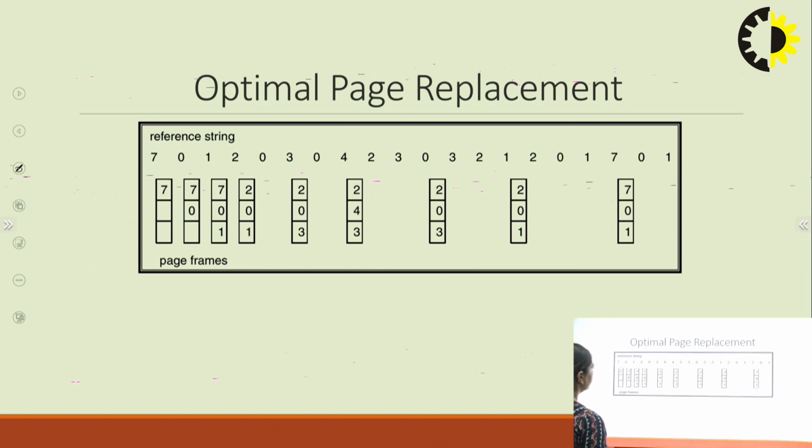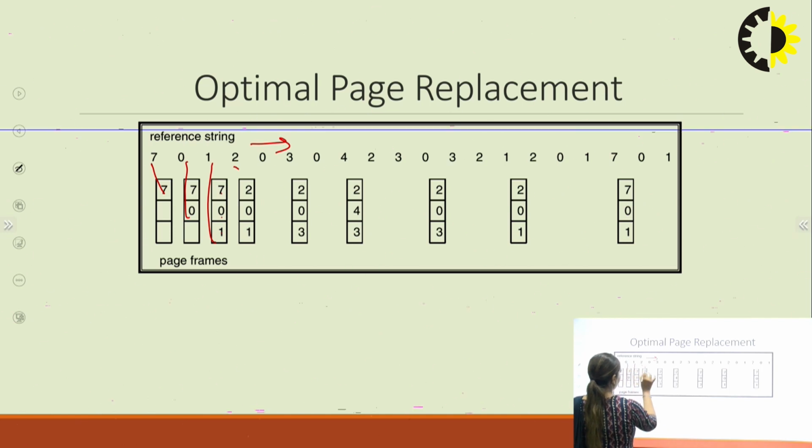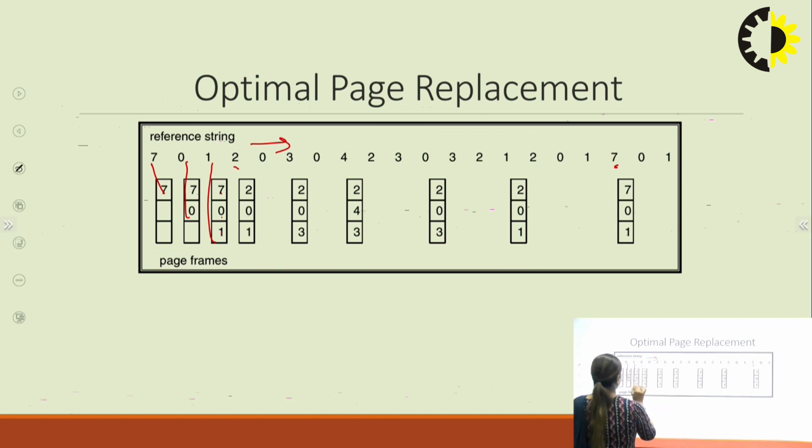Now let's take the same reference string for optimal. See, 7 will go here, 0 will go here, 1 will go here. Now 2 has to be inserted. Now this side we will see from 7 0 1 which is farthest. 7 is coming here, 0 is coming here and 1 is coming here. That means 7 is the farthest. We will replace